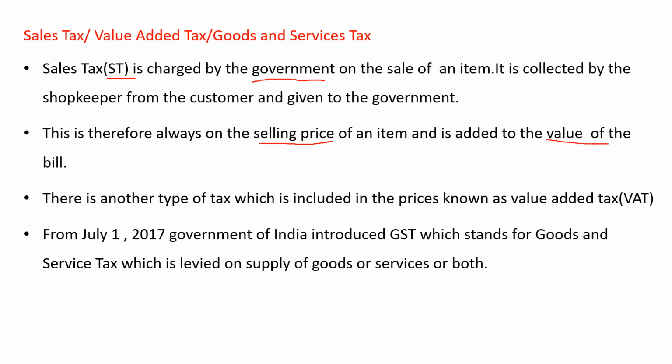Whenever you go to a shop, you will get a bill, right? Hereafter you check that. They will include the item, quantity, and they will mention the tax also. For example, a 10 rupee pen. In the tax column, they will write 2 rupees. So in total, they will write 12 rupees. So 10 rupees pen, 2 rupees tax, total amount 12 rupees. Hereafter, whenever you get a bill, you just check it.